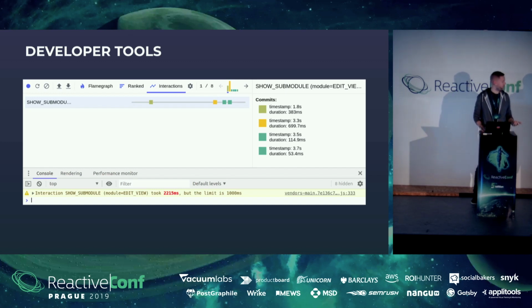Now, at the bottom, you can see this console warning. This is our custom code. And what we do is that we calculate the duration of the interaction from the first commit to the last. And if it's above some limit of hours, we just log an error, a warning. Now, at this point, because we are still in production bundle, a developer would probably take this to a local development environment and use all the proper tools like full profiler, full debugger, and everything to inspect this performance issue. But once again, we can go one step further, and this is the final piece of the puzzle,